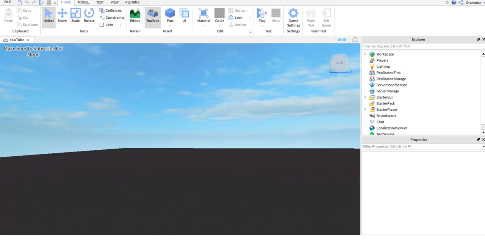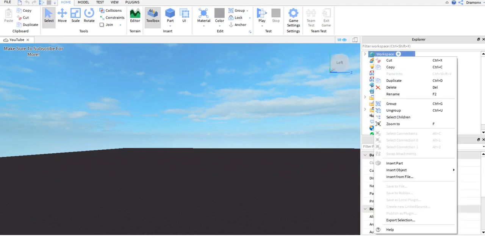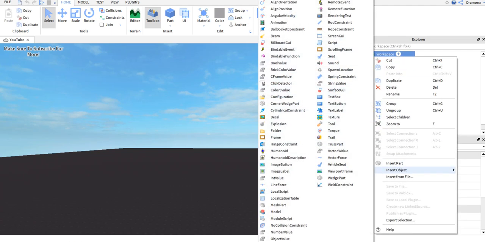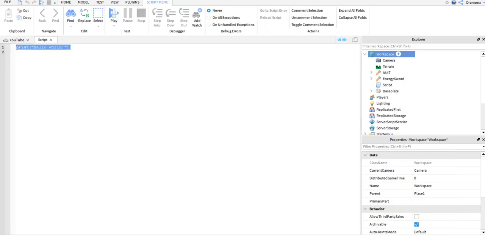So go back to Roblox Studio, go into Workspace, insert Object, and just insert a script. So first what we're going to be doing is putting in custom tools. So if you want to make your own tool, not use any of Roblox's models and tools, you can just insert your own tool. So what you want to do is start off with local MarketplaceService